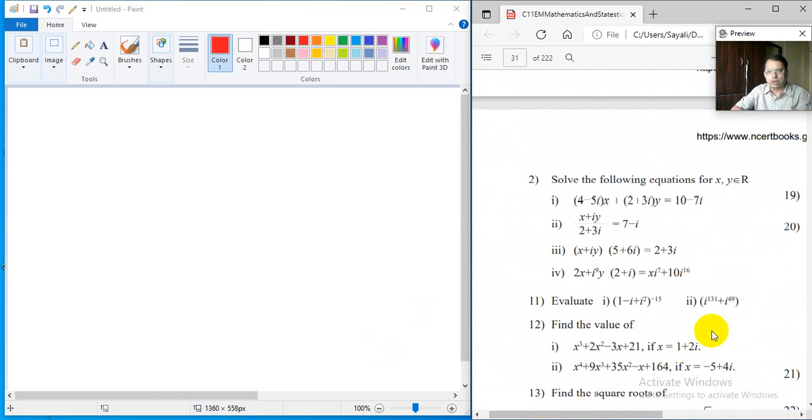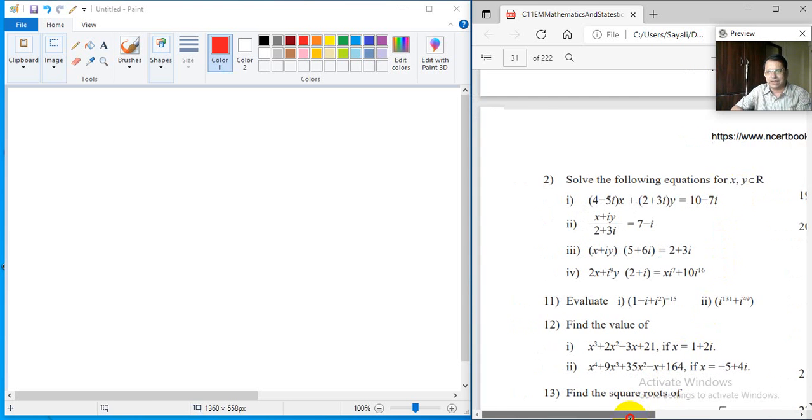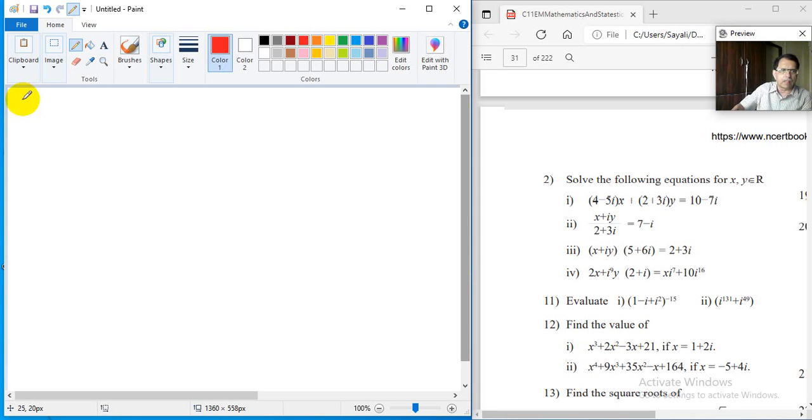Come to problem number 2. Solve the following equations for x and y in R. We have to solve these equations for x and y in R. म्हणजे काय करता येईल बघा, सॉल्विंग द इक्वेशन्स फॉर x and y. म्हणजे बघा आता पहिलंच त्यातलं बघूया, हे प्रॉब्लेम नंबर 2 मधलं पहिलं. ओके, प्रॉब्लेम नंबर 2 आणि त्यातलं पहिलं काय आहे बघा, 4 - 5i